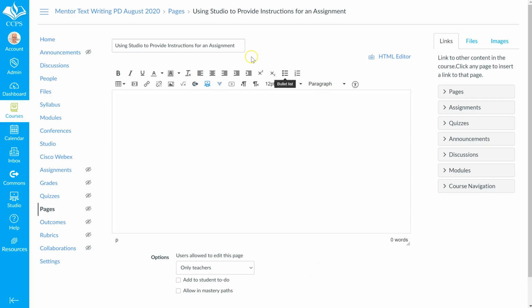Alright, so we're going to use Studio to provide instructions for an assignment. So I have started a page and I've titled it Using Studio to Provide Instructions for an Assignment. And now I'm using Studio to make a screencast. Alright, so now I'm going to take you to